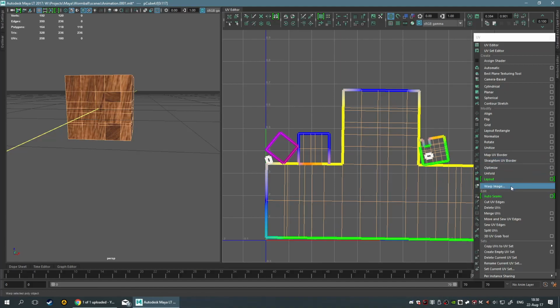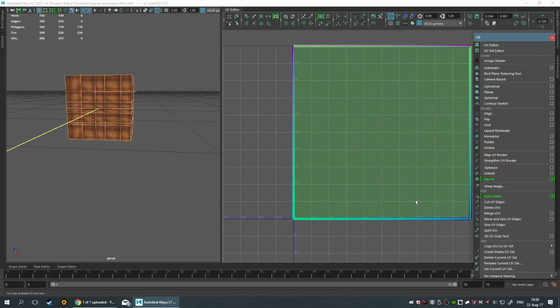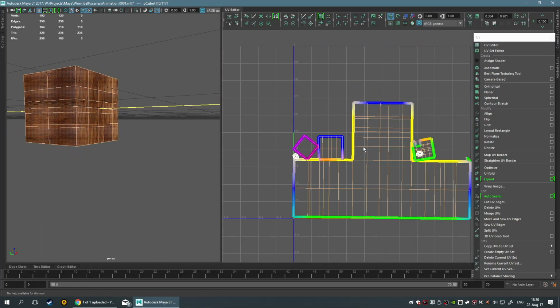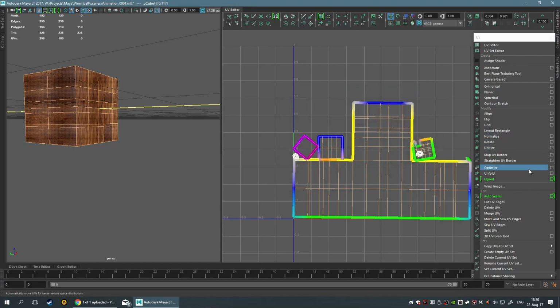The warp image, I wouldn't bother with this because you need 2 UV sets, and that is another story entirely. Basically, if you go ahead and try to unitize things, this goes into the 0 to 1 space. So anything you have here becomes the same. Notice how it's tiled, right? You don't want that. I really don't know why you would want to use this, especially considering that you can create a new UV set. Maybe that's why, like a unitized